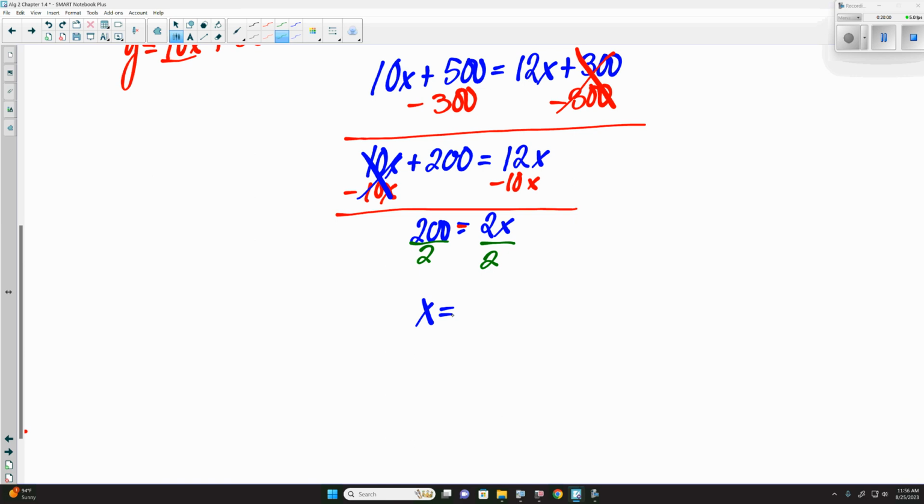And 200 divided by 2 is 100. So at 100 students,